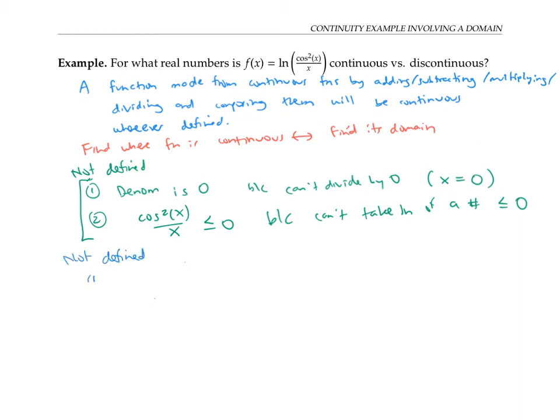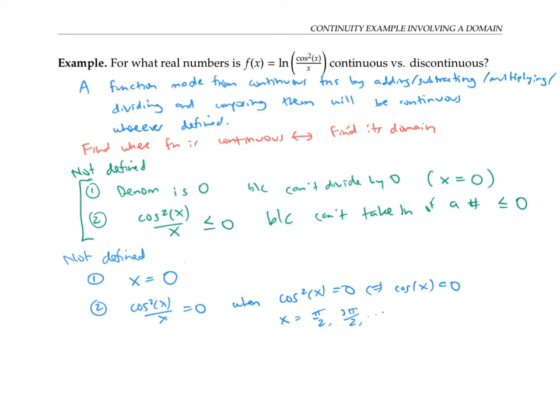Well, there's not much to analyze for the first one. We've already said the issue is going to be if x equals 0, the function is not defined. For the second situation, cosine squared x over x is equal to 0 whenever the numerator cosine squared equals 0, i.e. when cosine itself is equal to 0. And that happens when x is pi over 2, 3 pi over 2, and so on. In other words, when x is pi over 2 plus